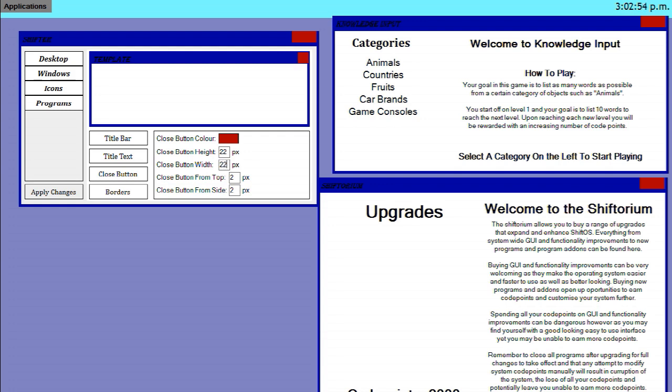No, 22. Sorry. Oh no. Hang on, I've got it in the wrong one. Oh no. Hang on. I'll just change this until it looks good. Okay. 1. Yeah, that looks nice and square and